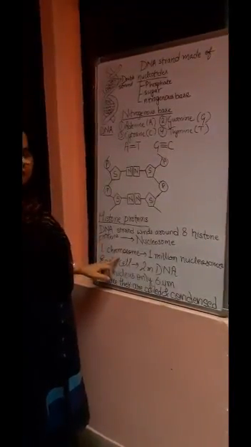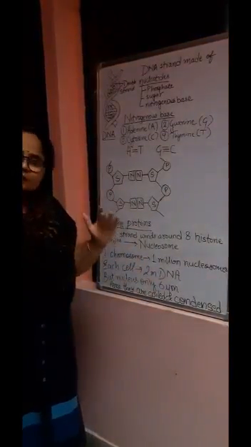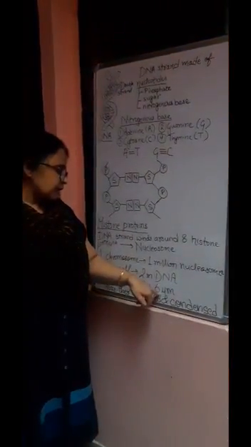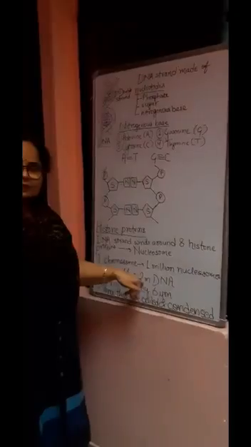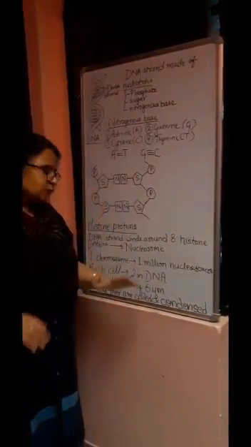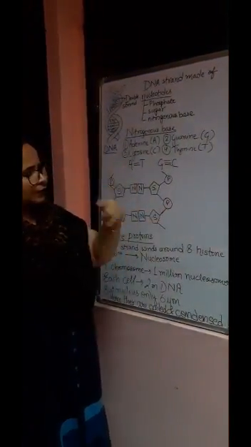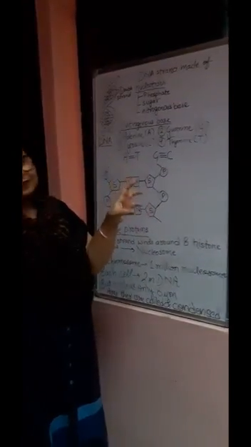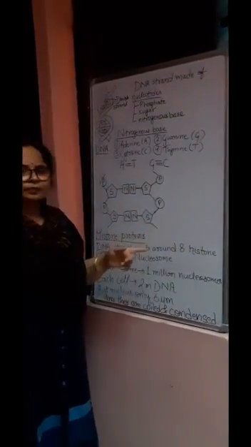Each cell contains about 2 meter long DNA. But you know that DNA is present only in the nucleus of the cell, and each nucleus has a diameter of maximum 6 micrometer, which is very much less than 2 meter. That is why the chromosomes are super coiled, not just lightly coiled. They are heavily coiled and condensed. When you look at the nucleus of a cell, you only find highly condensed, highly twined fiber, and it appears as if it is a single fiber which is super coiled.